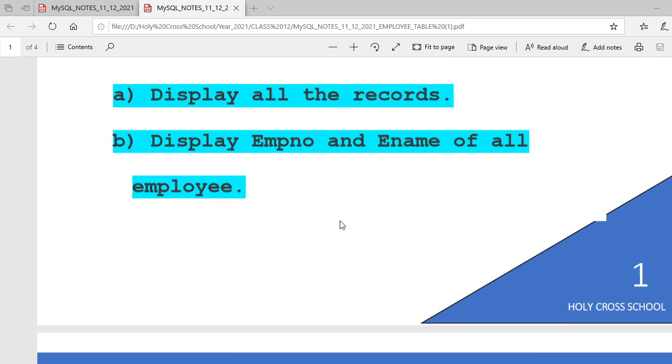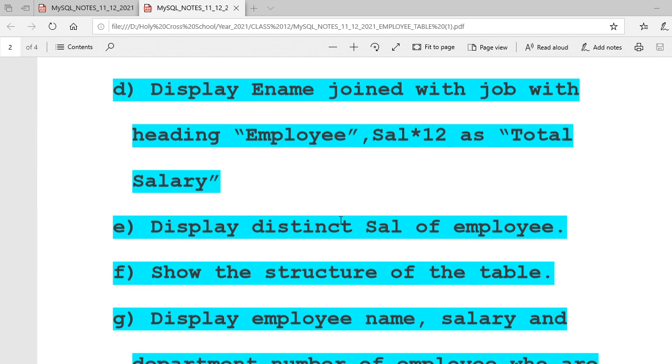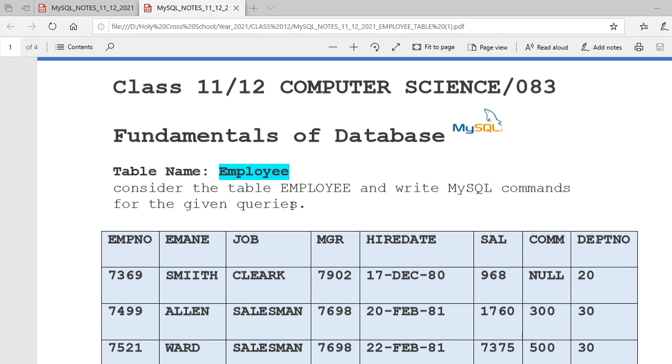So first, we will see. I have given only 10, 12 queries here, but there are more than 50, 60 queries, all with me. If you are okay with all these things, I will give those queries to you for your practice. So just make this one here.